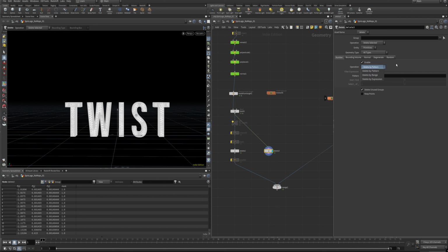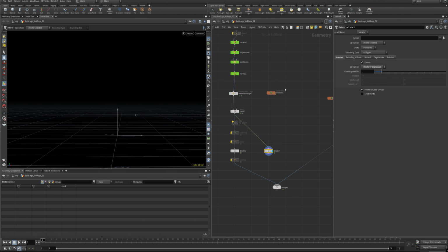I don't have anything selected, but I could start to select from a range of things. You'll see it's now deleting every other polygon in there, every other triangle that's in there, or you can delete by an expression. And this is where the power comes in handy, is you can type in attributes to start